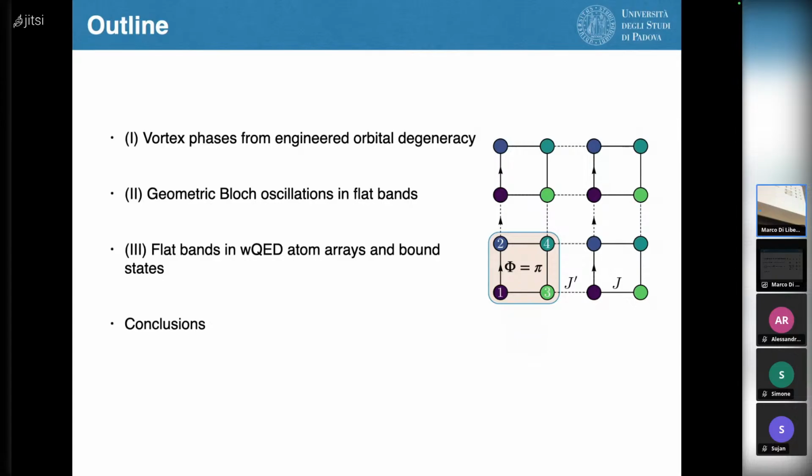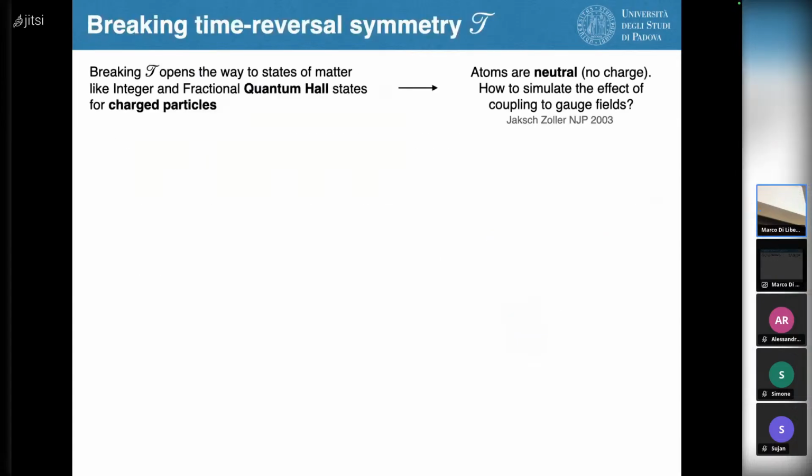Okay, let's start this little journey by asking the question of what is fundamental in the physics of the quantum Hall or the fractional quantum Hall, and what is fundamental is the absence of time reversal. A magnetic field breaks time reversal. So if you want to see this type of physics, you have to be able to break time reversal in your system. In the electron gas it is the magnetic field for a charged particle, but if you're using atoms that are neutral,